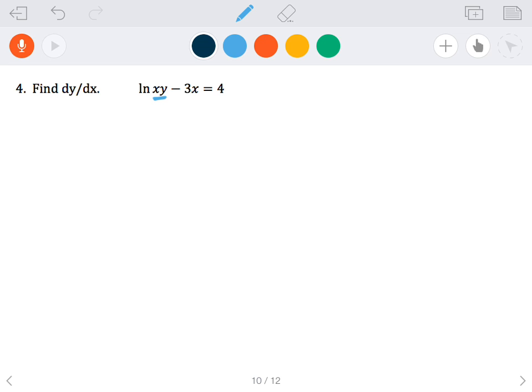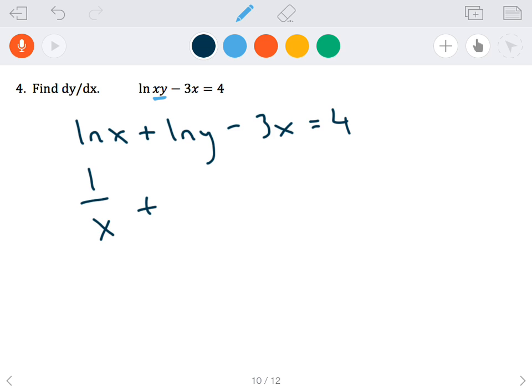Seeing that pattern over and over again, that's a product, which means I can rewrite that as a sum. And then taking my derivative of both sides becomes easier. Derivative of natural log of x is just 1 over x, plus the derivative of natural log of y is 1 over y, but I gotta follow my chain rule, dy/dx,